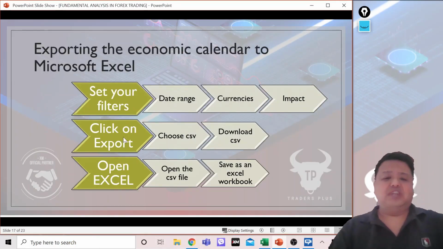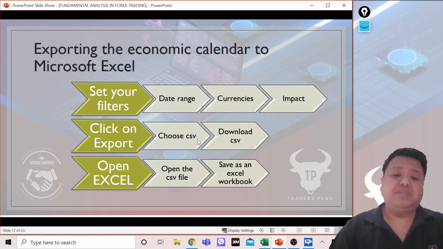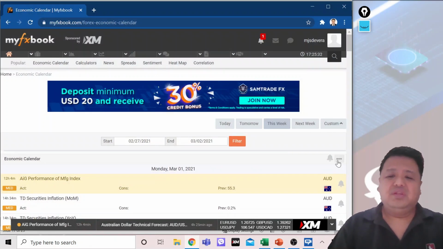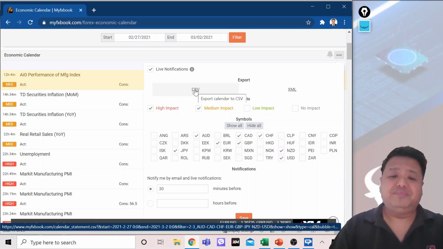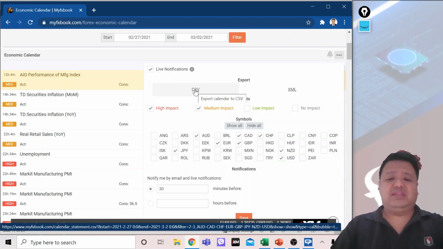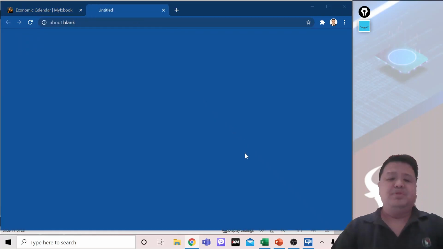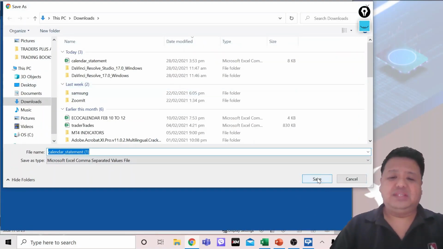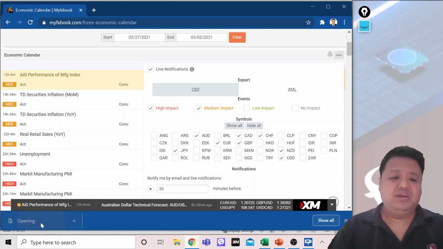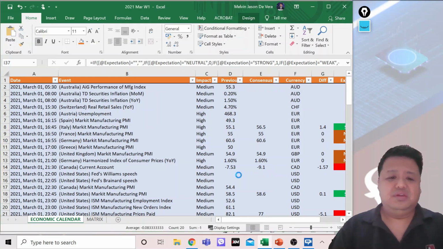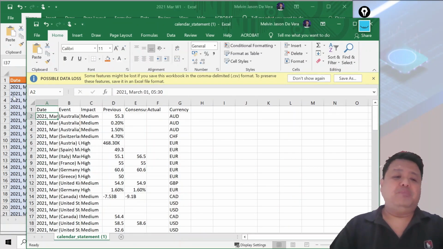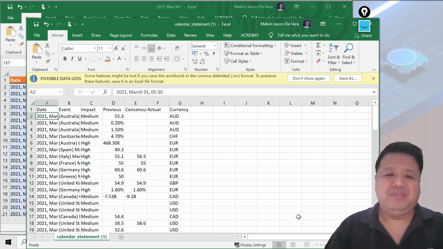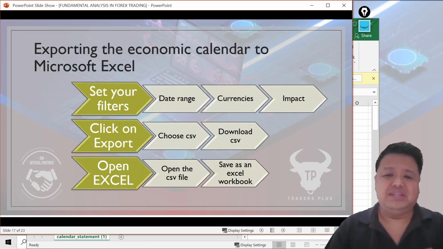Now, you click on export, you choose CSV o comma separated values, then you can download. Okay? So, ito yan. Dito yan. 3 dots pa rin. Tapos, ito yan. CSV. Okay? So, when you click that, it will lead you to downloading it as a calendar statement. Okay? Then, we open it. Yan siya. So, ito yung hilaw pa, no? Pero meron akong finished product doon. Okay? Papakita ko mamaya sa inyo. So, dito muna tayo. Balik tayo sa PowerPoint.